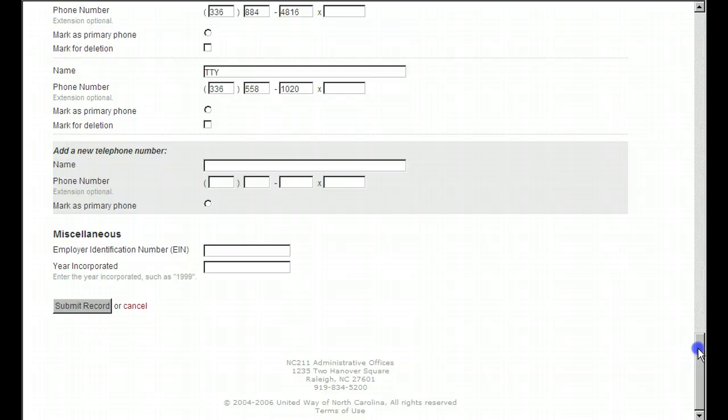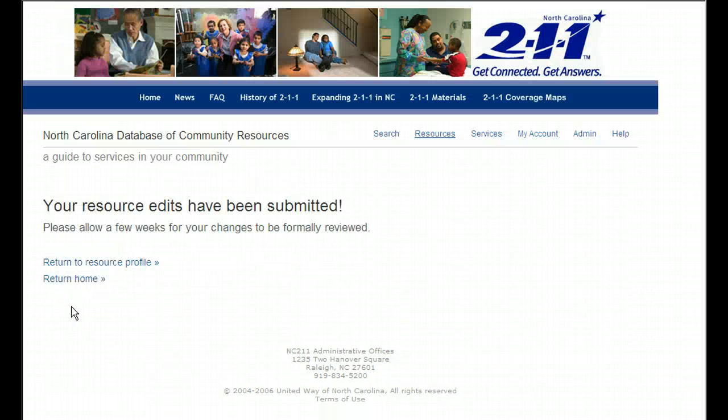Once you have made all of the changes you'd like to make, simply go to the bottom of the page and click on Submit Records. Once all of the information has been submitted to the database, you will receive a confirmation page. It typically takes several days to a week for us to review your changes. We may make some small changes just to fit with our style guidelines, but within a week or two you should be able to log back into the database and see all of the corrections that you've made to your